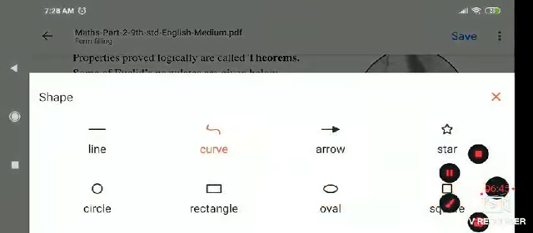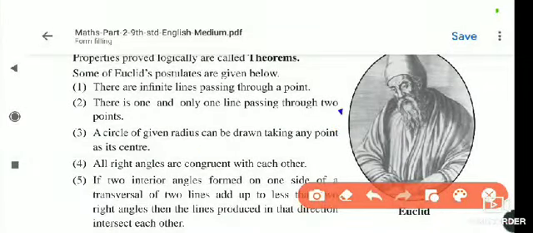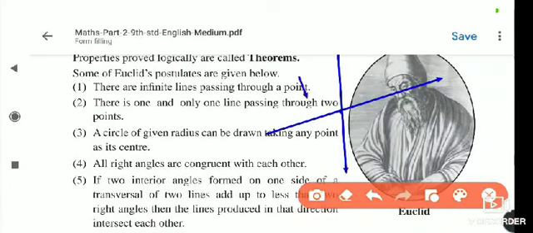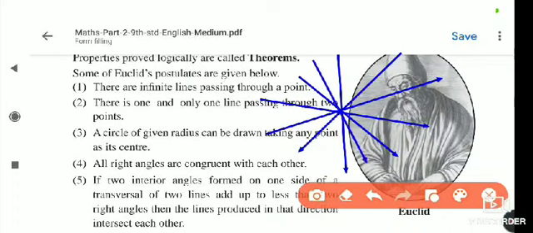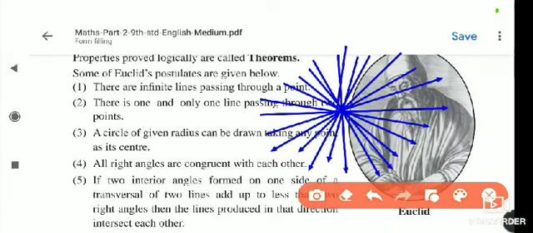Suppose this is the point, and an infinite number of lines are passing through the single point. I showed you how it was. If you see here, I will show you there are a number of lines passing through a single point. I showed you that also, but just see one more time. If you try to draw lines, we can draw an infinite number of lines passing through a single point. You will notice that that statement is true.